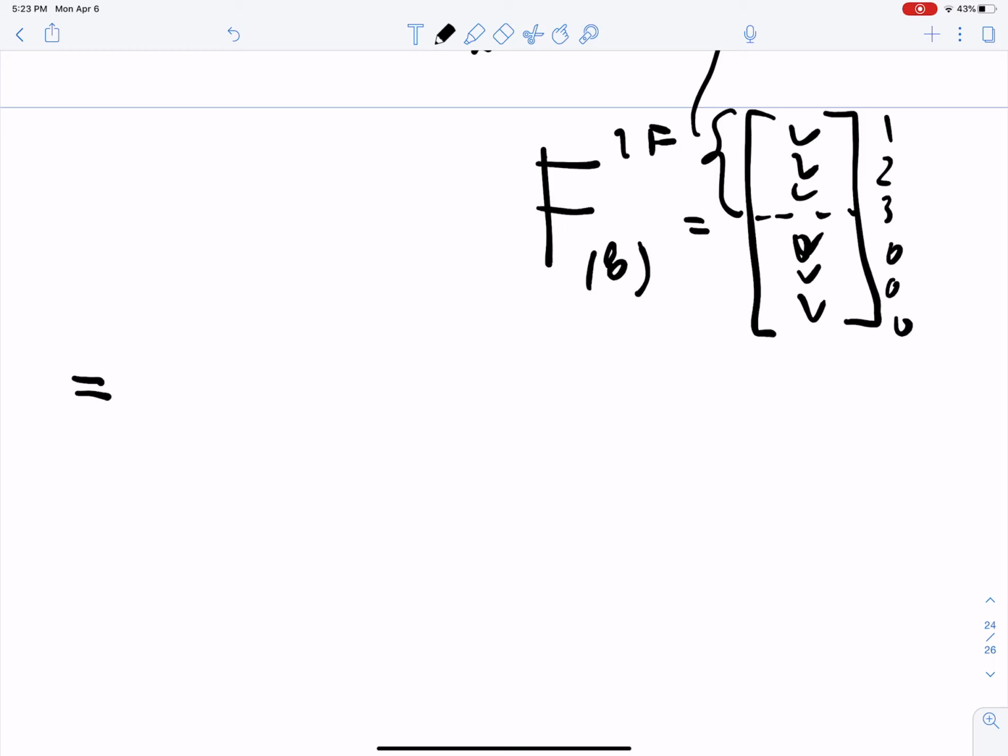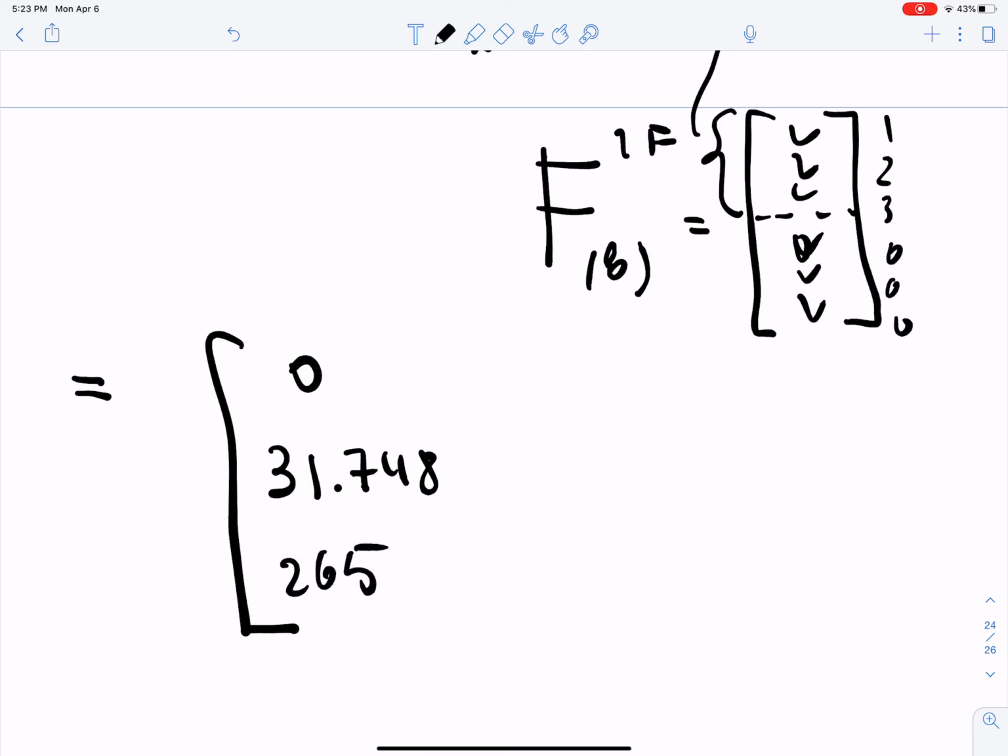And what you end up seeing is the following, okay? You get 0 in X, right? Even going from local to global, you pick up 0 forces as you would expect. In this entry, you have 31.748 kilopounds and 265 kilopounds per inch. Kilopounds, kilograms per inch. Okay. Right. So next comes the structure solve,